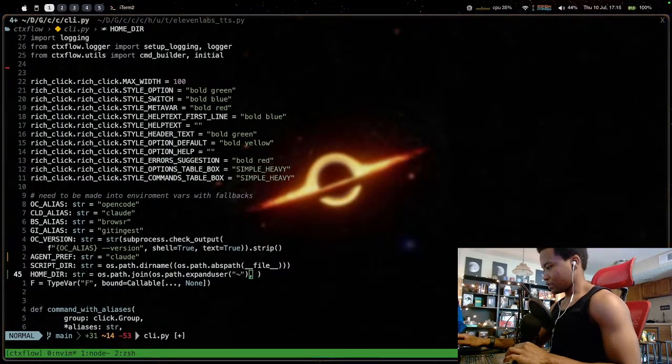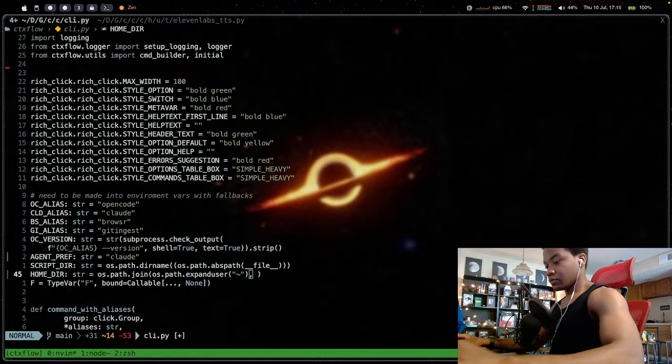Alright, I want to make sure I'm doing this right, so I'll pull up the docs. Yeah, it is os.path.expanduser.